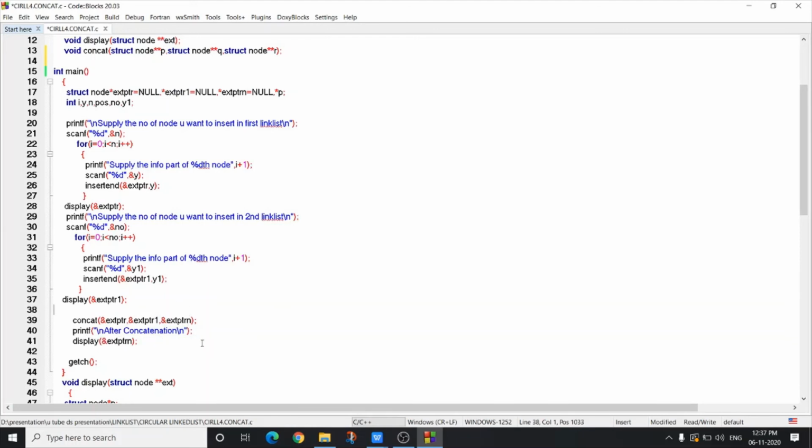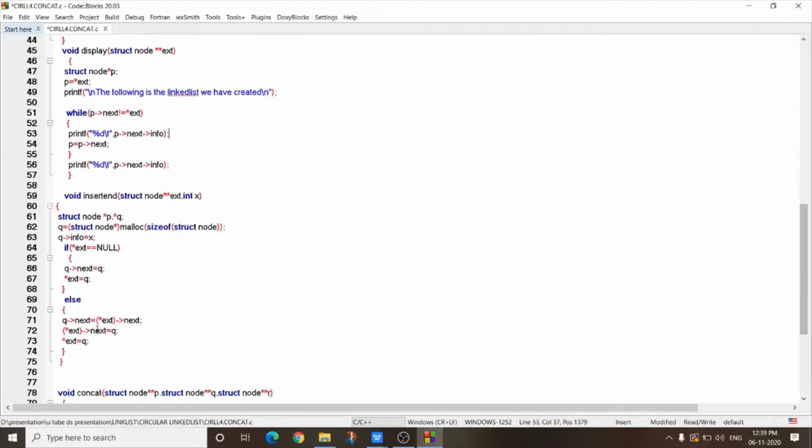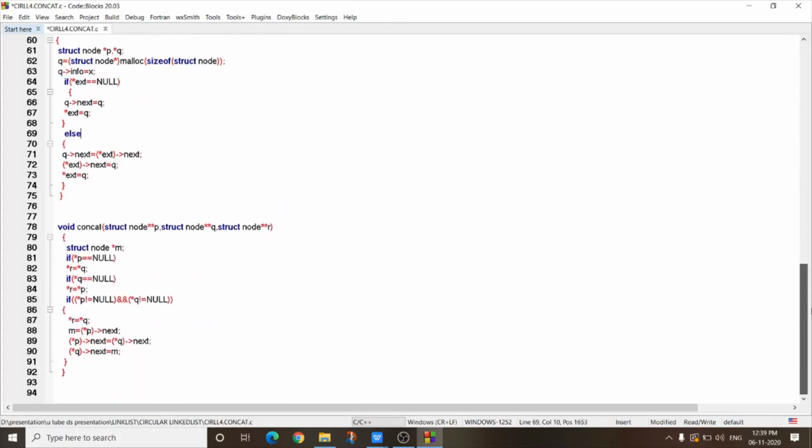And after concatenation, again call the display function by passing the address of the newly created linked list external pointer and see the total linked list after concatenation. So this is our display function we already discussed in our previous video. This is the insertn function we already discussed in our previous video. Please consult our previous video. And this is the concat function.